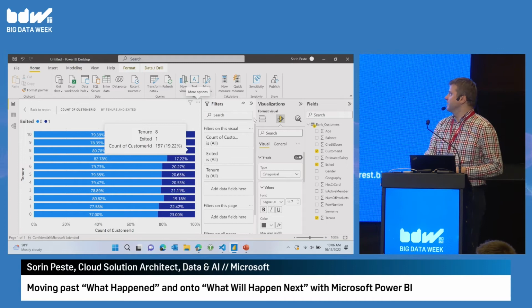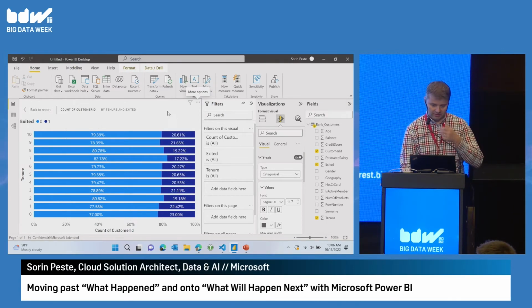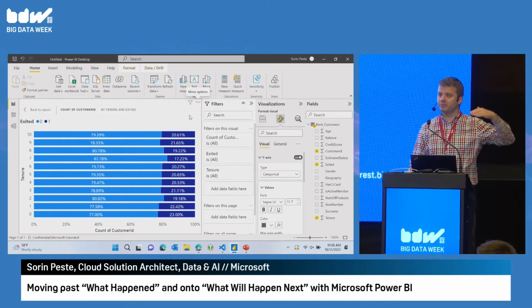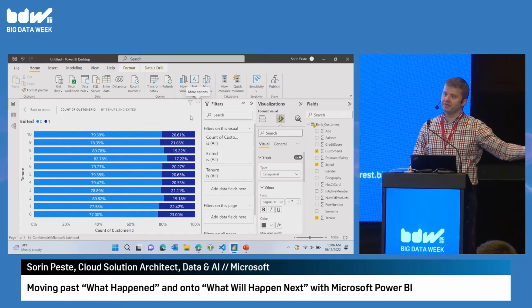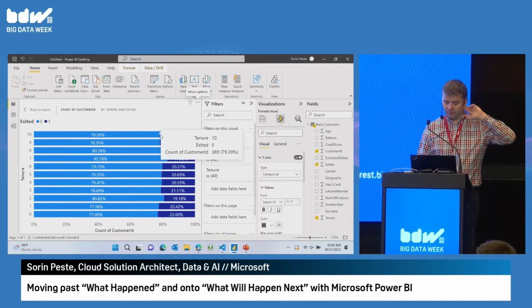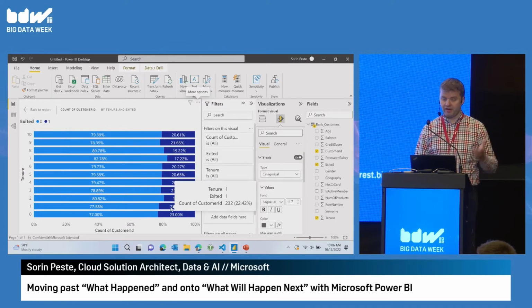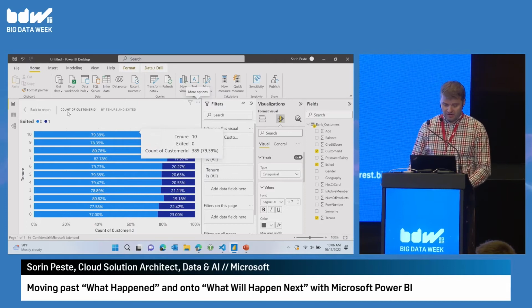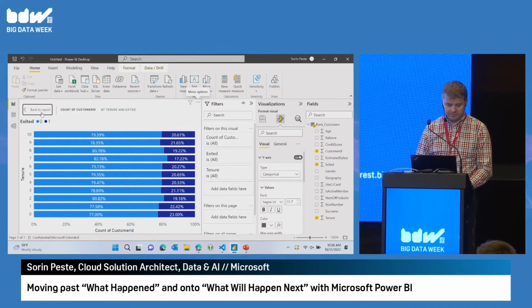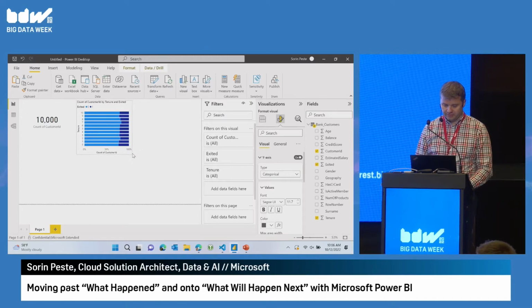Okay, so this is a very simple visual. I can see that there doesn't really seem to be a pattern. Tenure is the number of years that they have been our customer before either exiting or not exiting. So we have customers with 10-year tenure, so they've been along for a long time, and actually about 20% of them, in this example data set, are still exiting, so they are still going to the competition, right? Whereas some of the shorter tenure customers actually have a slightly larger percentage of churning, or chance of churning.